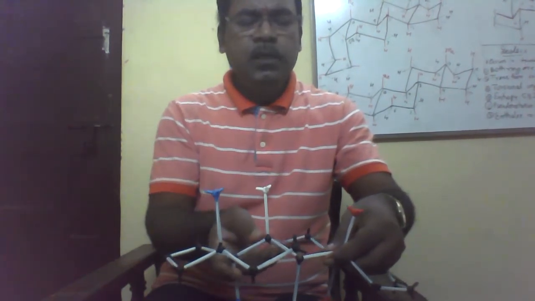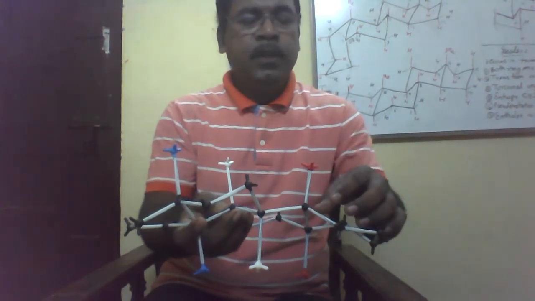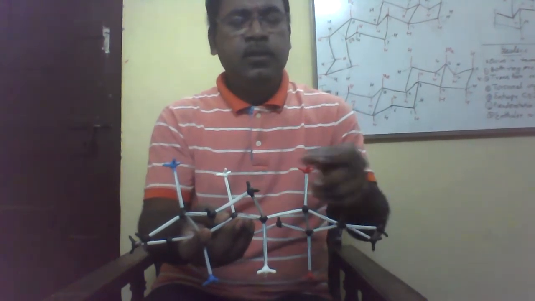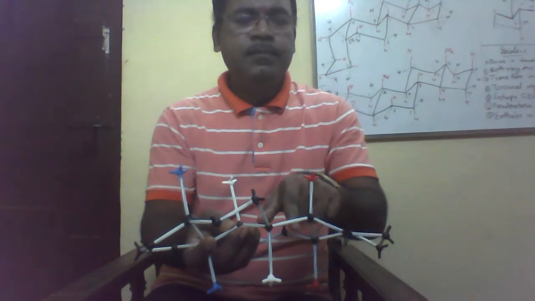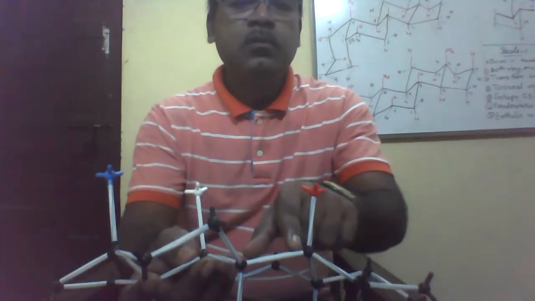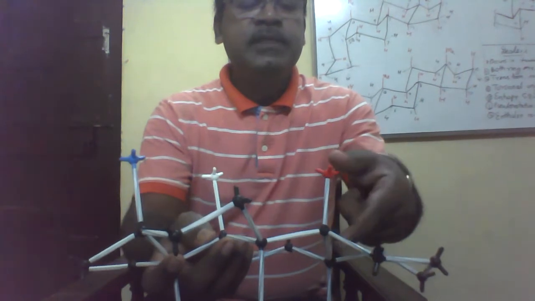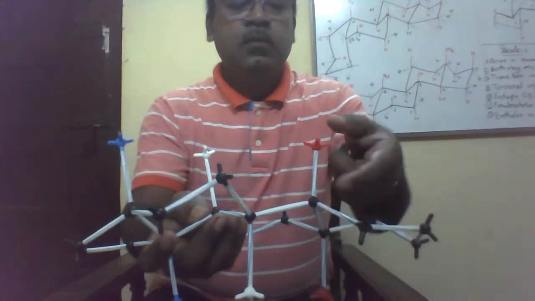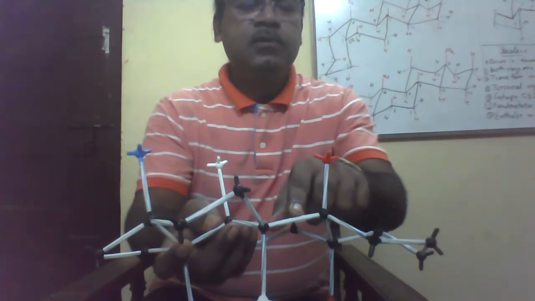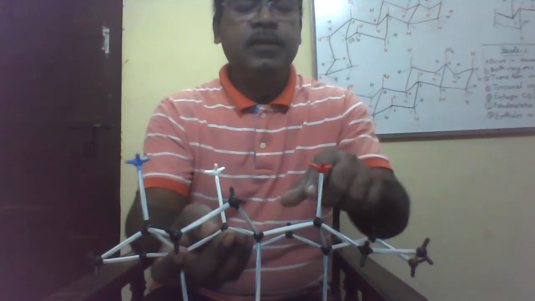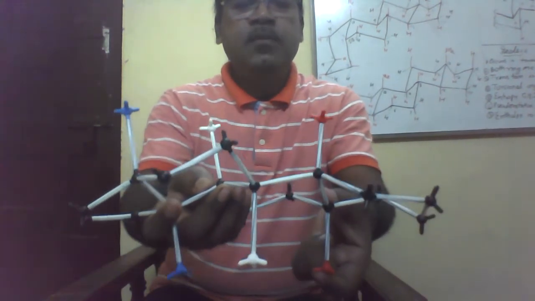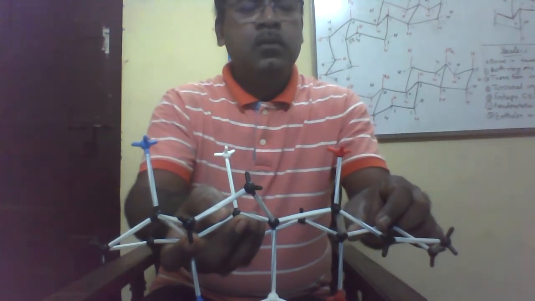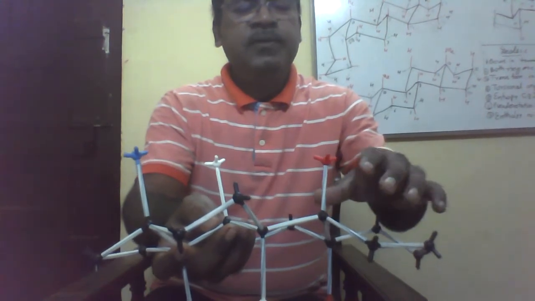Now come to the point of A ring and B ring. This ring is A ring. How is it joined with this another ring? So this is an axial bond. What about this bond? What about this bond? Let's see a close view of this molecule. This is a vertically placed axial bond, and what about this bond? Equatorial bond, because one is axial, the other is equatorial. So this is an axial bond. This is an axial bond, and this attachment is equatorial.